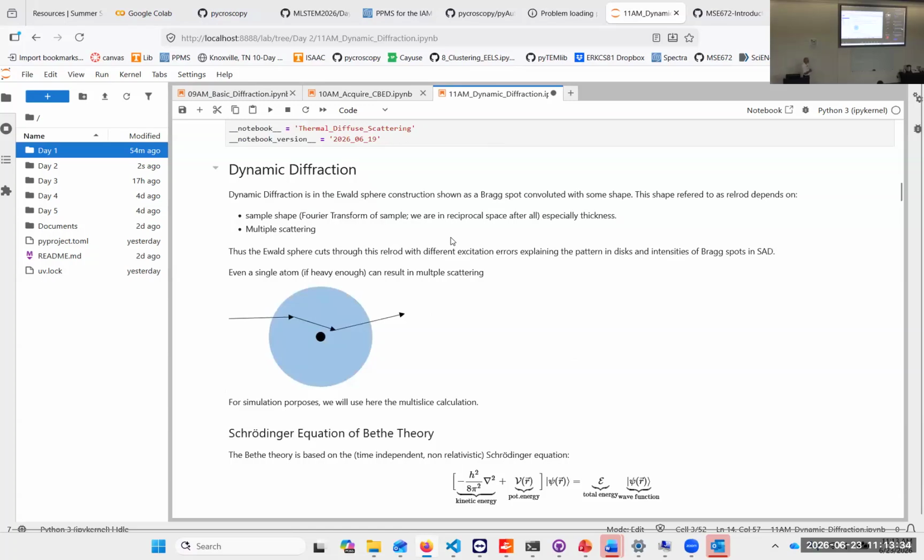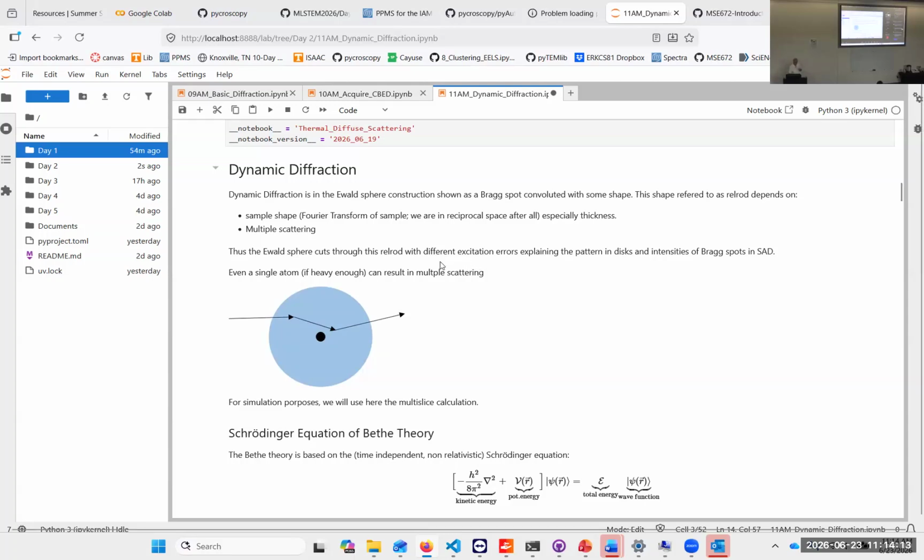And now we talk about dynamic diffraction. So as I said before, we can actually have several diffraction events in there. So we are no longer in the kinematic scattering regime where we have only one scattering event. That is what makes X-ray scattering and neutron scattering easier to use, since they don't have that. Actually, they're trying to get to that with neutron scattering